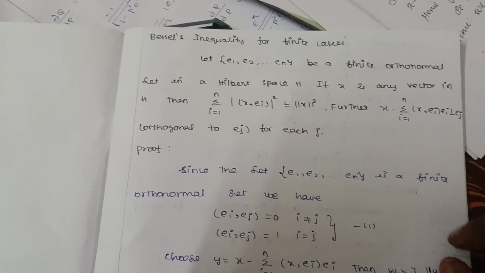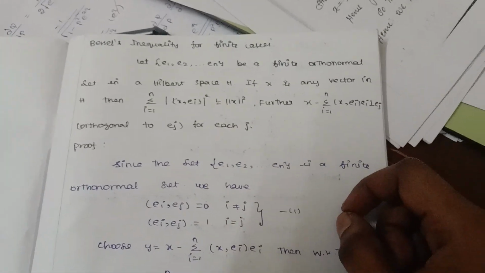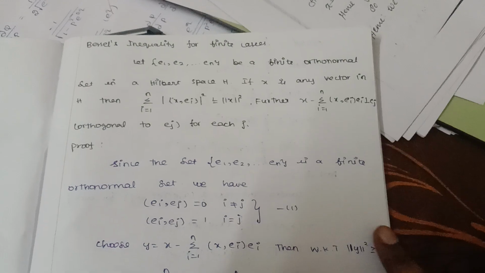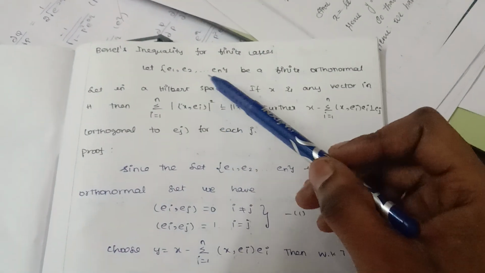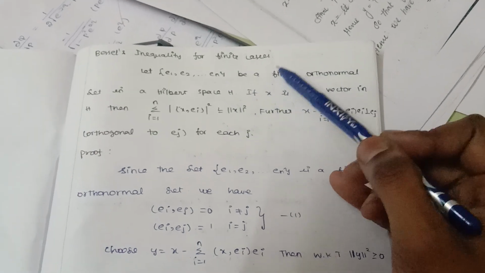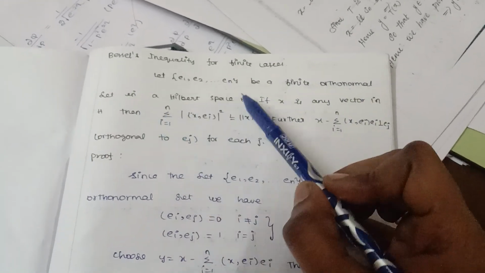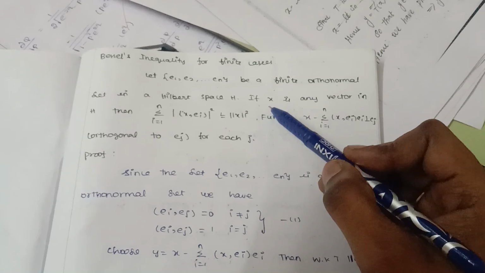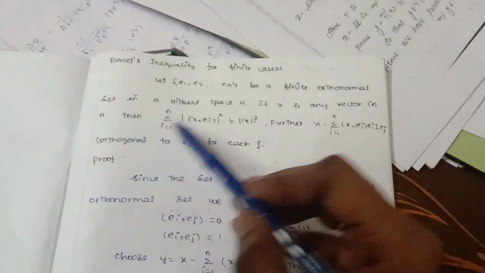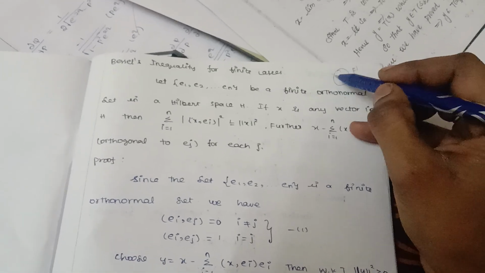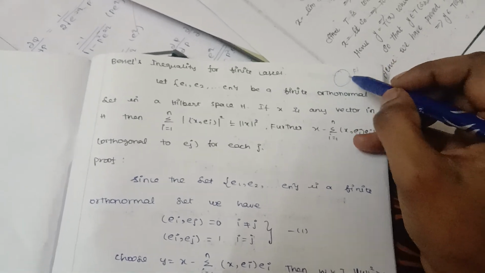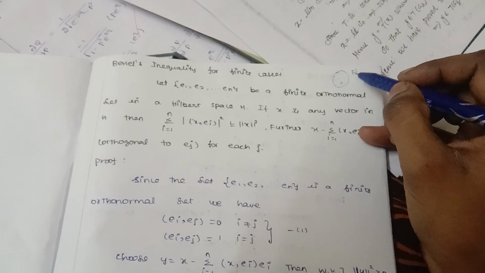Hello everyone, today we are going to see about Bessel inequality for finite cases in functional analysis. So the statement for the Bessel inequality is: let e1, e2, ..., en be a finite orthonormal set in the Hilbert space H. Okay, if x is any vector in H, there will be a finite orthonormal set, and x be any vector that is also present in